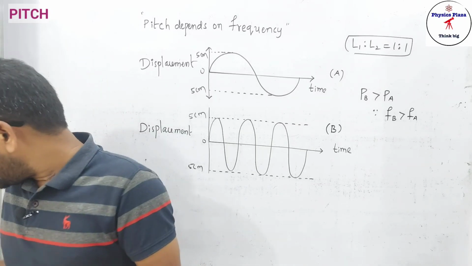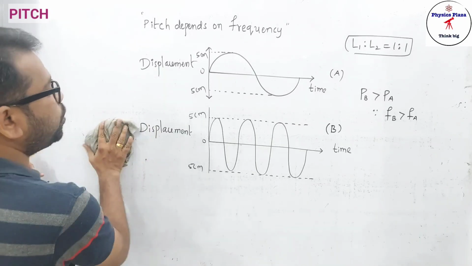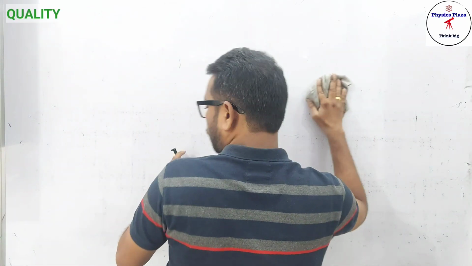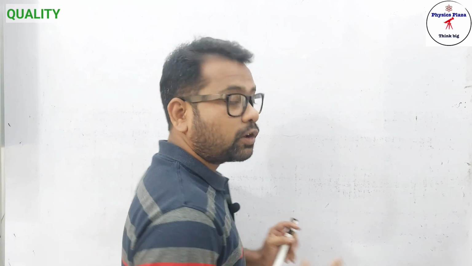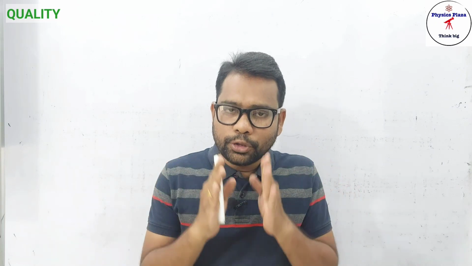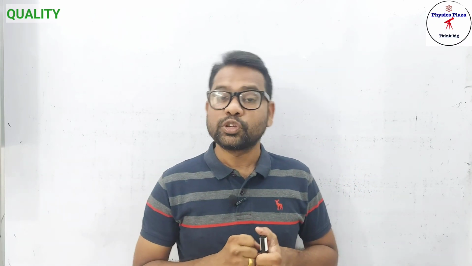Fine. And now the last characteristic of sound is quality. This quality of a sound we can also call timbre. Children, suppose two different musical instruments produce sounds with the same loudness and the same pitch, then how are they distinguished? They are distinguished by a characteristic of sound called timbre or quality. Which means two different musical instruments may produce two sounds with the same loudness and same pitch, but not with the same quality or timbre. Is it clear?